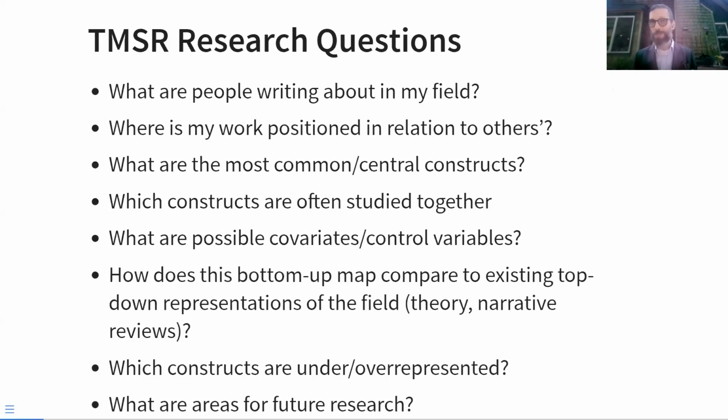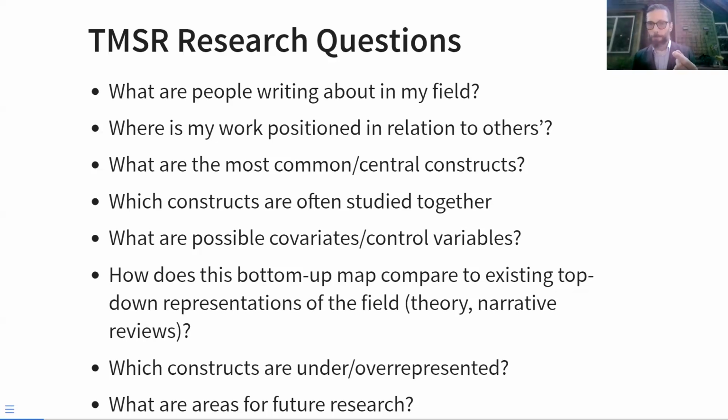What does this give us? Well, here are some example research questions that TMSR allows us to answer. For example, what are people in my field writing about? Where exactly is my work positioned in relation to that of others? What are the most common or central constructs that people discuss? Which of them are often studied conjointly? And what are potential covariates or control variables that I might want to include when I design a new study